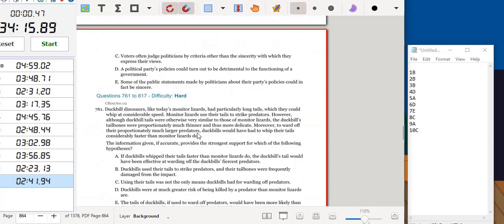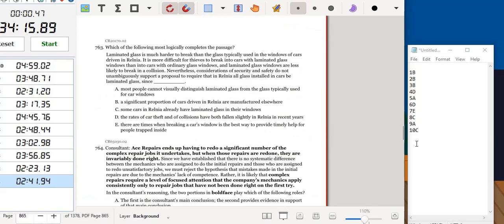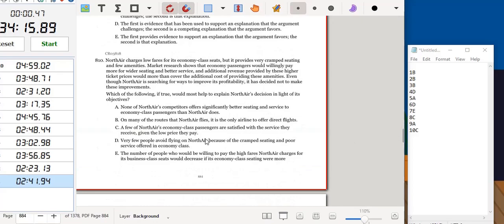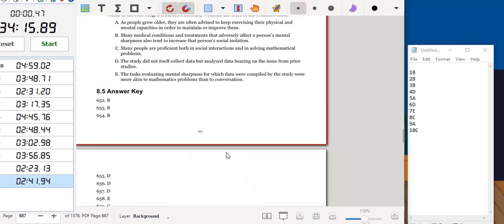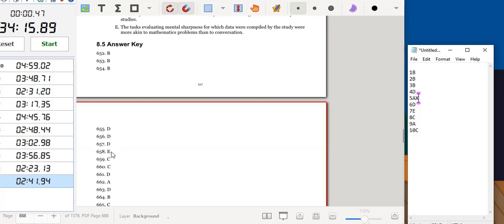757. Okay, so this is hard. 762, 814, so these are the answers. So B, oh wow, B, correct. Then D, then D, okay, this one is wrong. D, okay, then ECC, E, sorry,